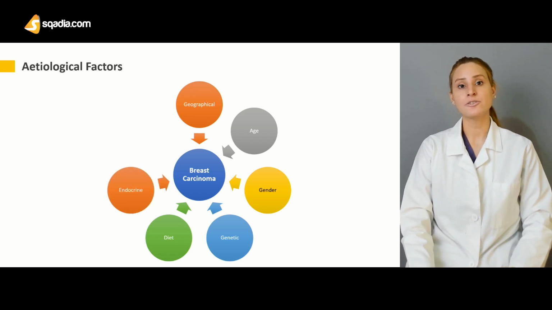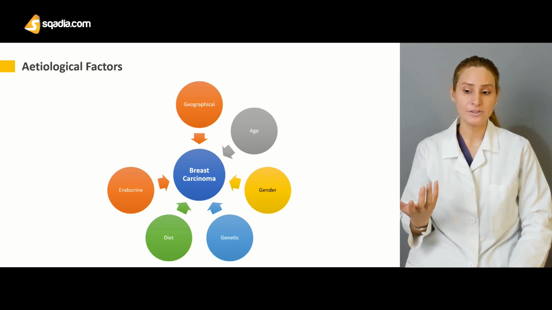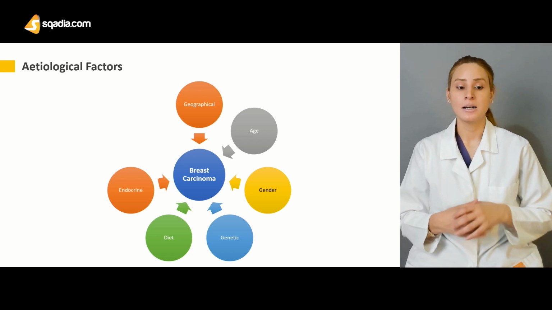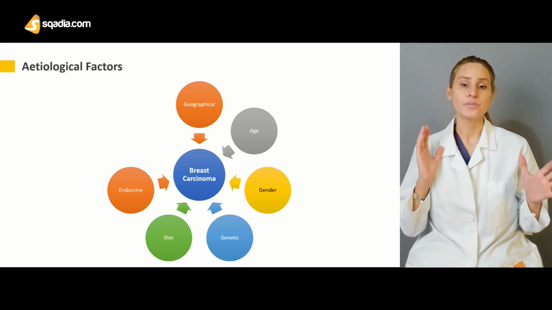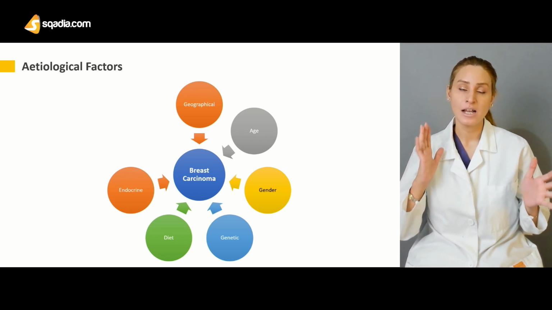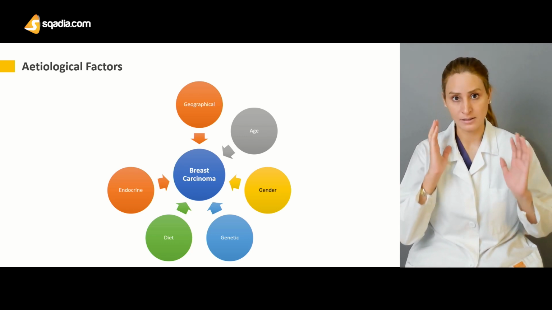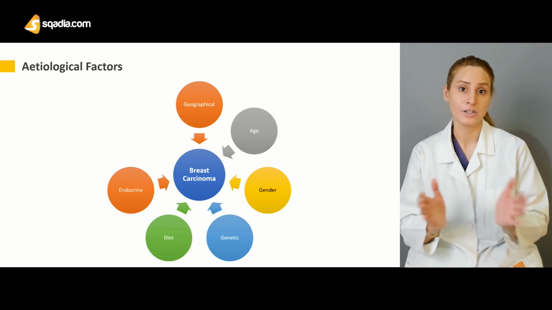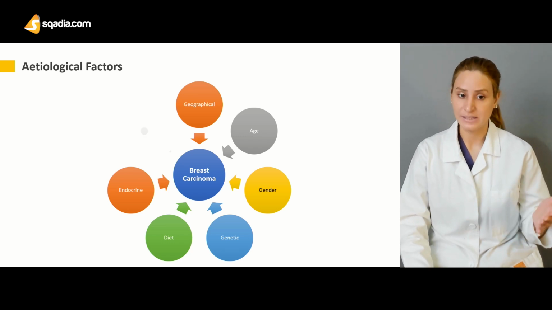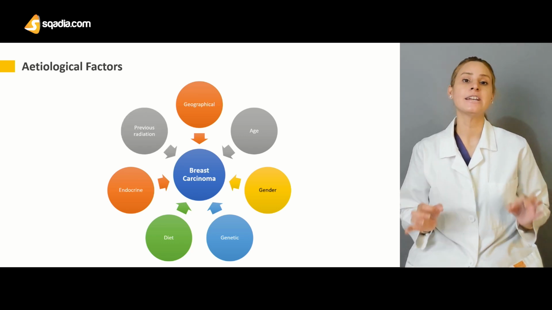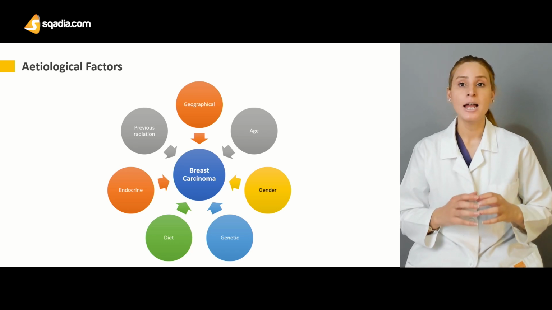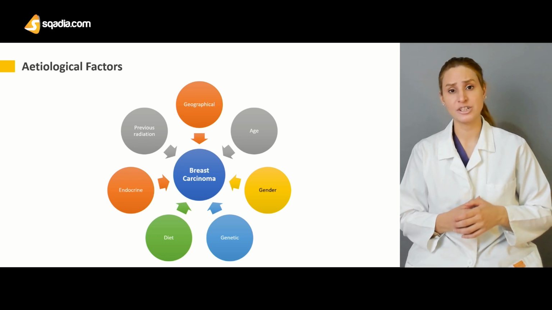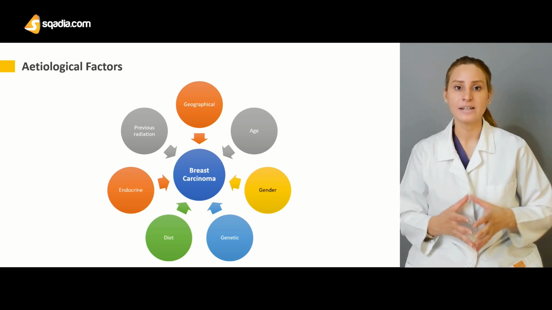Then there are some endocrine mutations, or pathologies which are related, because the breast is an endocrine tissue. So anything which changes the levels of the hormones is going to interfere with this tumor as well. And then the history of radiation is very important, right? Because there's a possibility that there was exposure to radiation in any form,